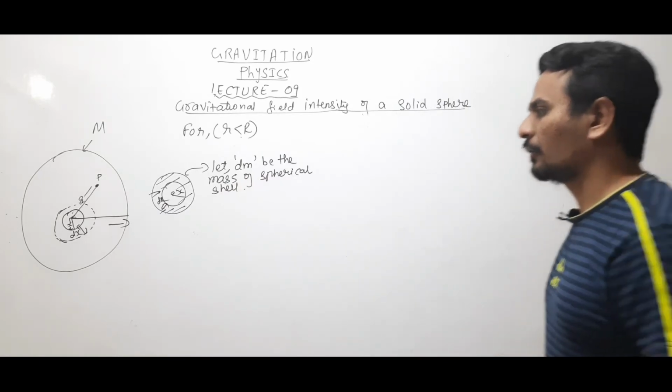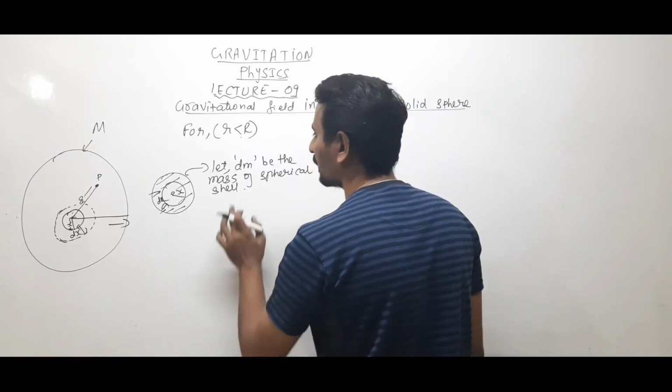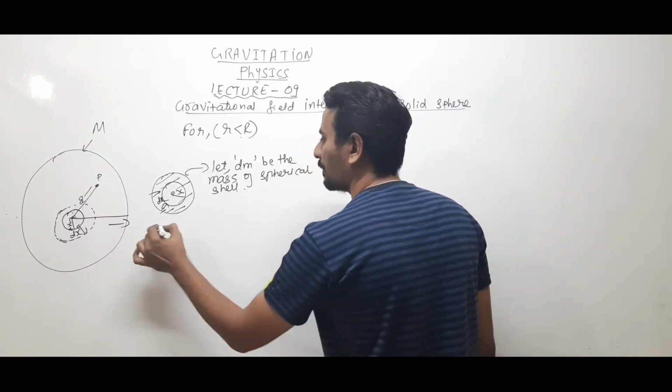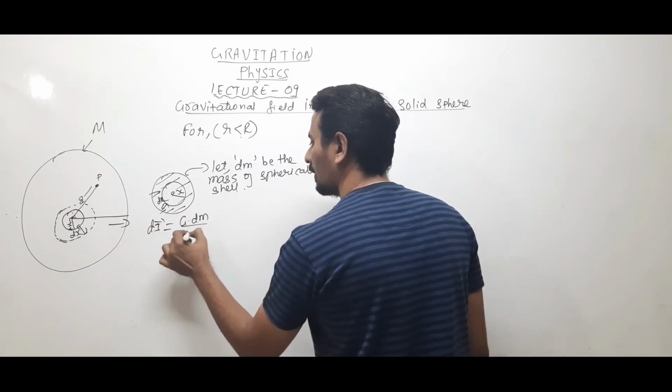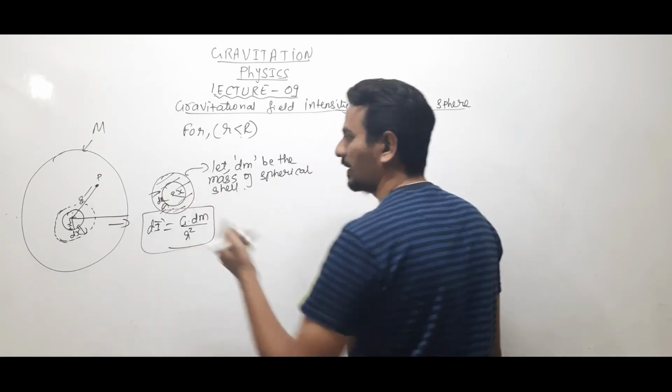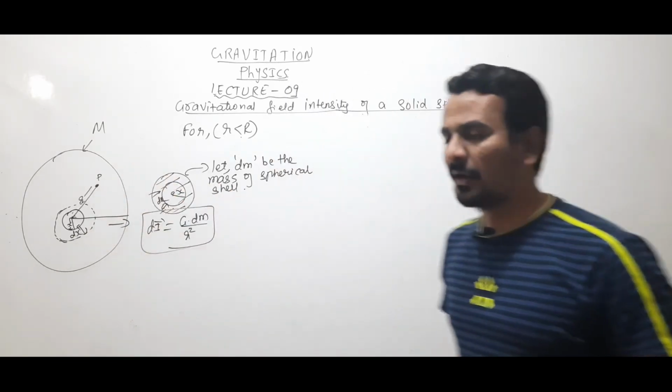So the gravitational intensity because of this dm mass, at a point P at distance r, can be written as G dm